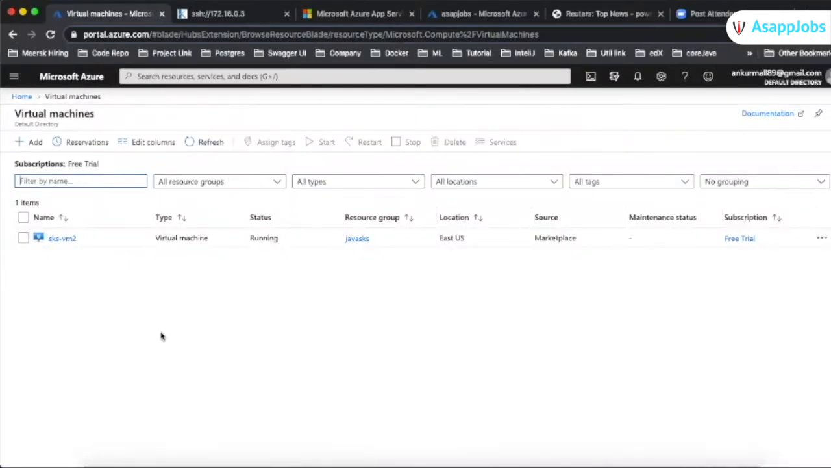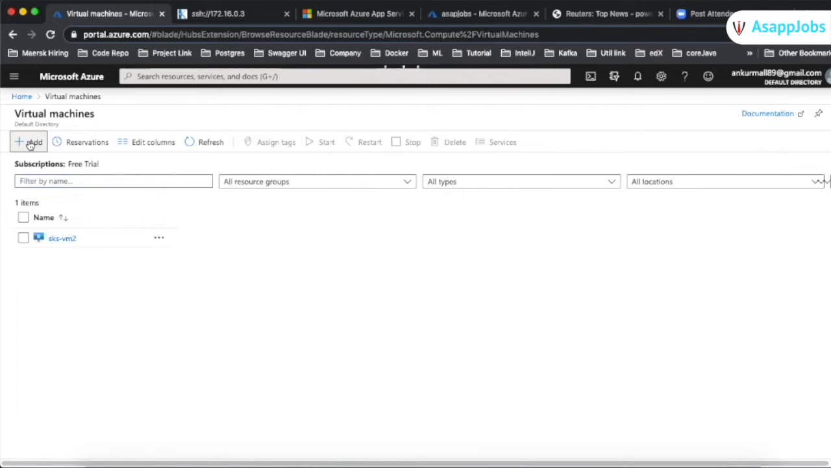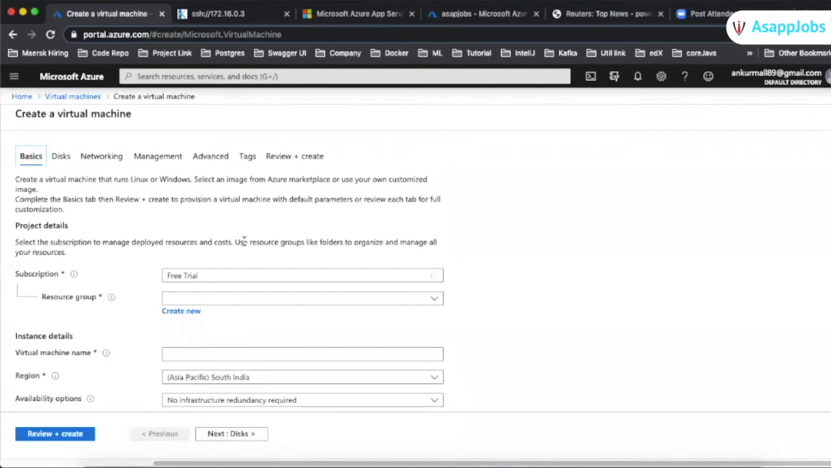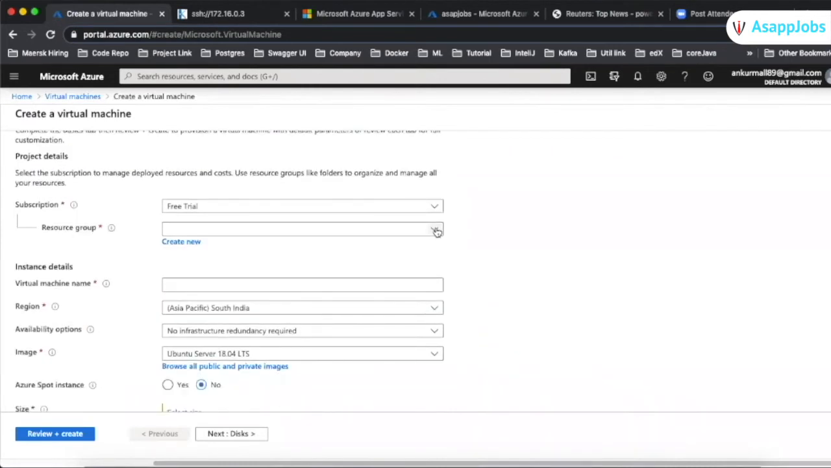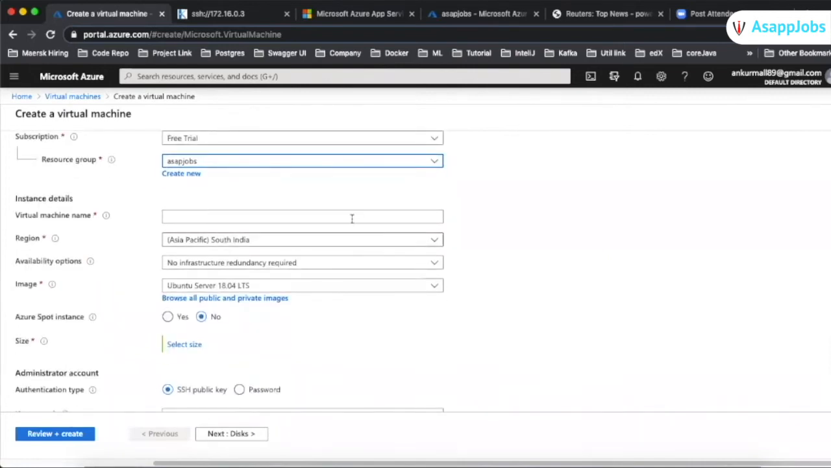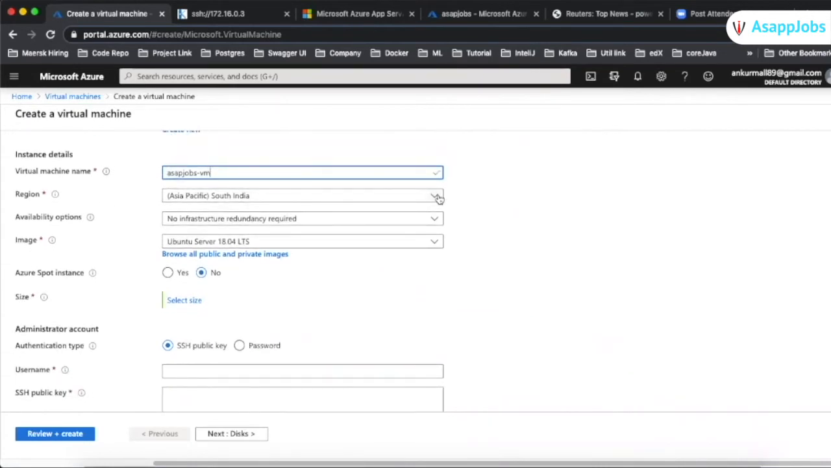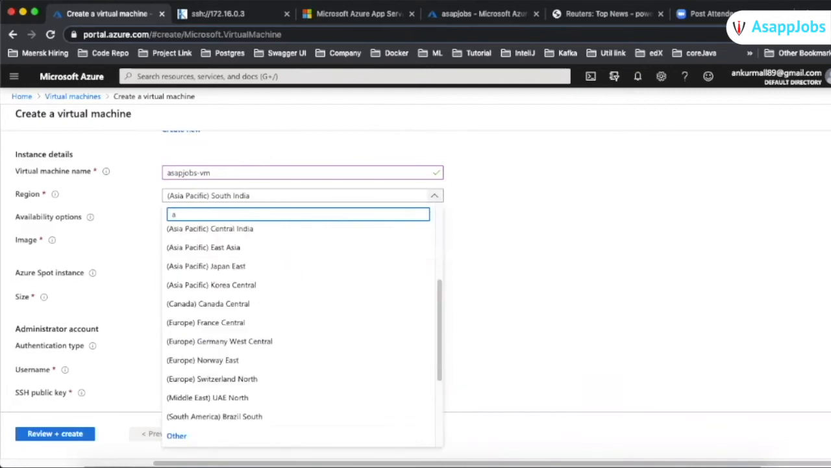In virtual machines, as of now I have only one VM. I can create another VM. I will be creating that VM in the ASAppJobs resource group. There will be an option for the resource group, and I will opt for ASAppJobs, and then I can give the name ASAppJobs-VM. Probably I will not create it in South India, but in East US,